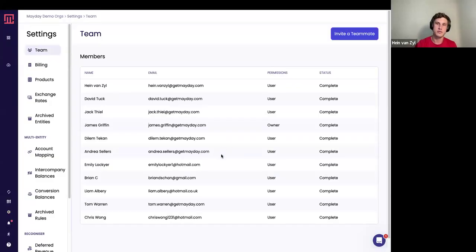In here, you are also able to select, if you are the owner of the group, who the owner of this group needs to specifically be. In this example, I am not the owner, so I can't set those permissions. But if I was, I would be able to change that in here.